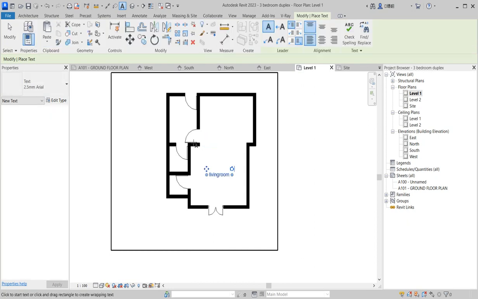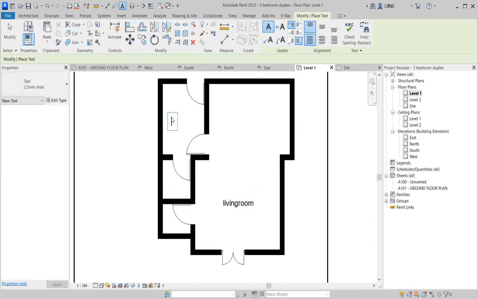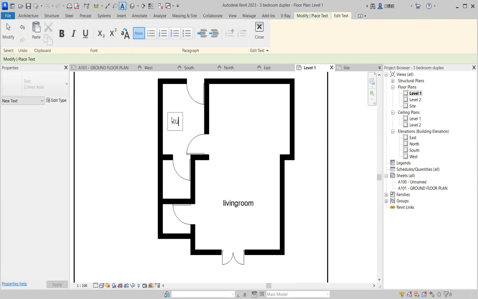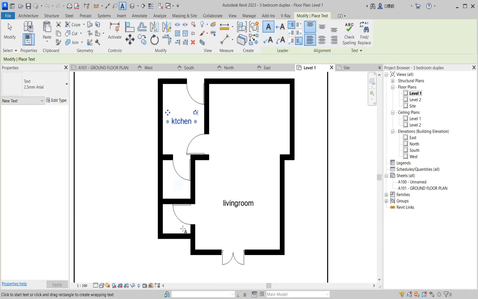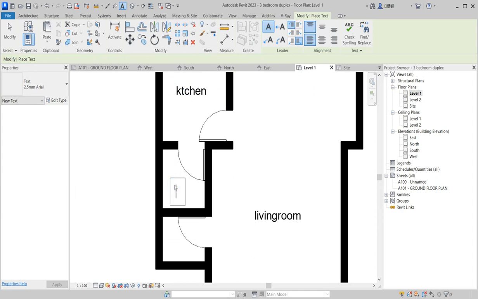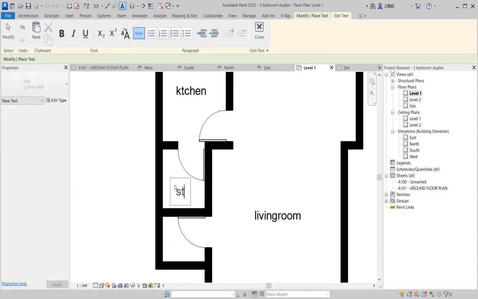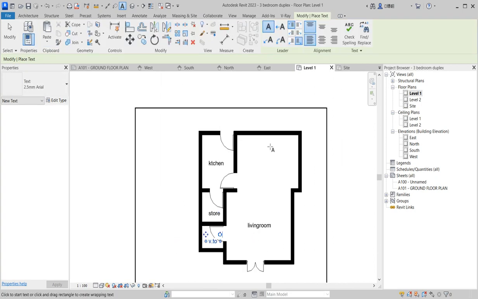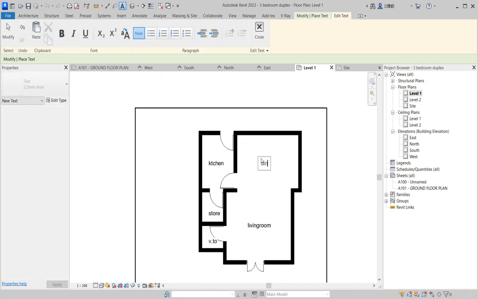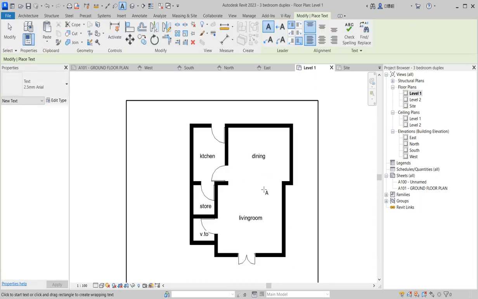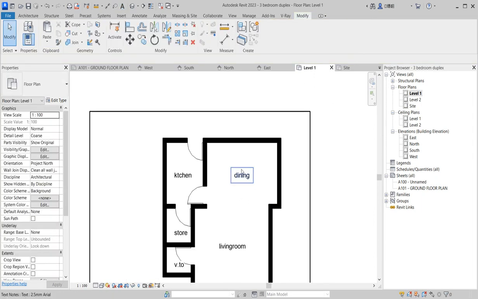Sometimes I use a template to do all this, but let me just do it this way, and we will arrange the template later. So kitchen, beautiful. So we come here and say store, then visitor toilet. So leave it that way. Then dining. So that is it. So you have all these things in place, and then you need to continue working consistently